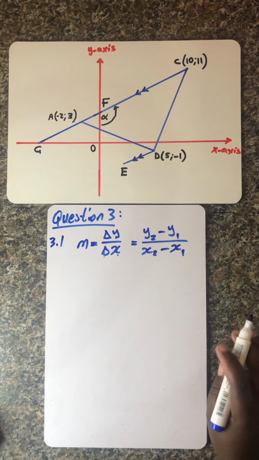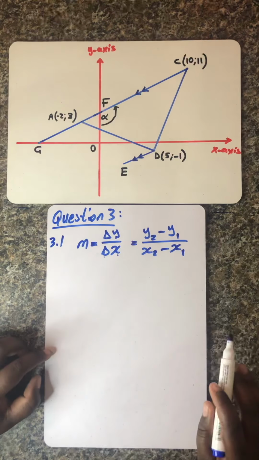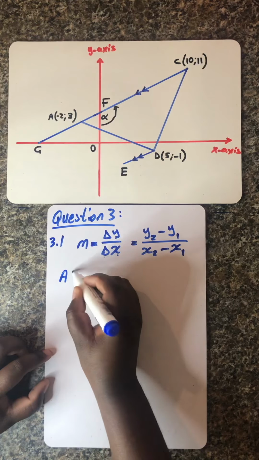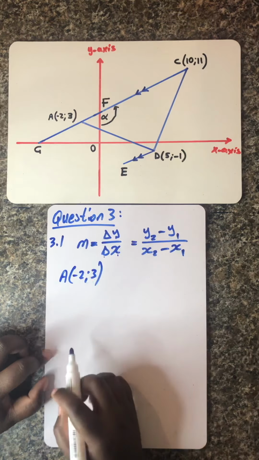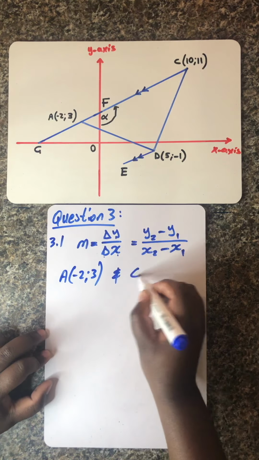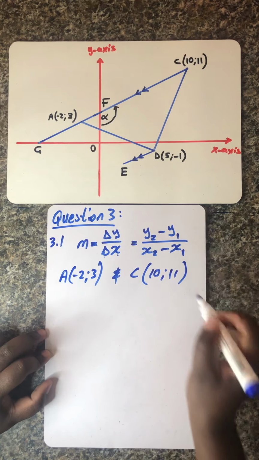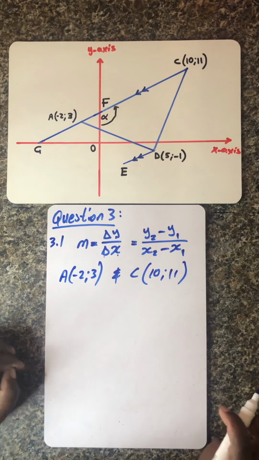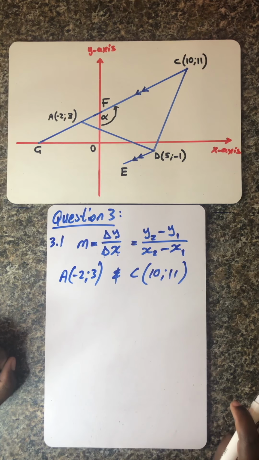So now they want the gradient between which points, ladies and gentlemen? Between A and C. Okay, so these are the coordinates of A, which is -2 and 3, and again the coordinates of C is 10 and 11. Okay, so very, very much important, ladies and gentlemen, which points are you going to use as the y1 and the